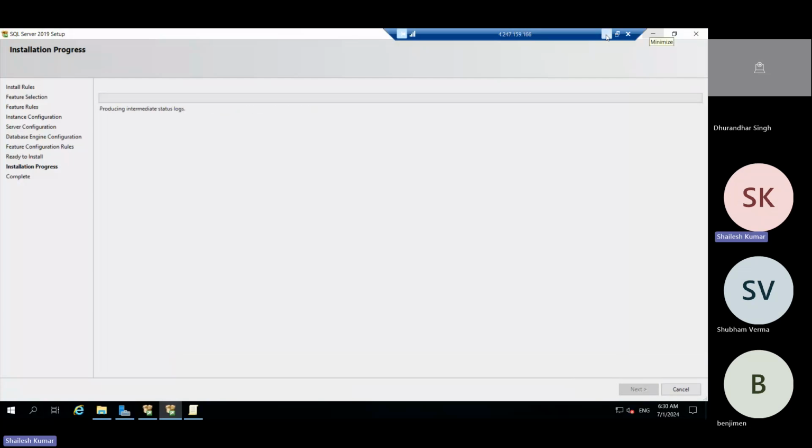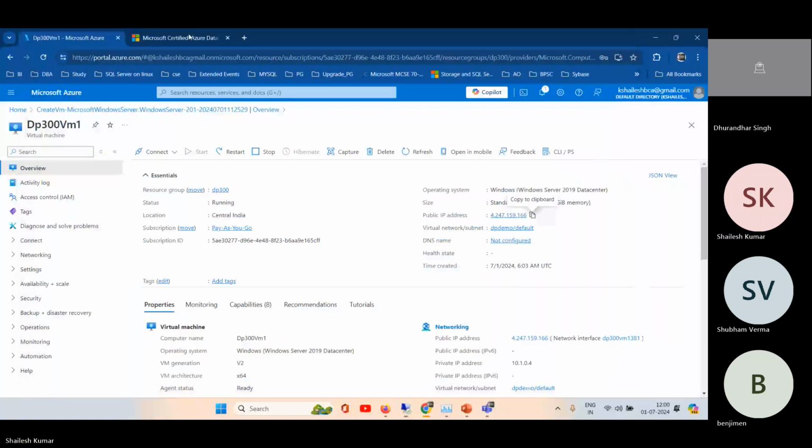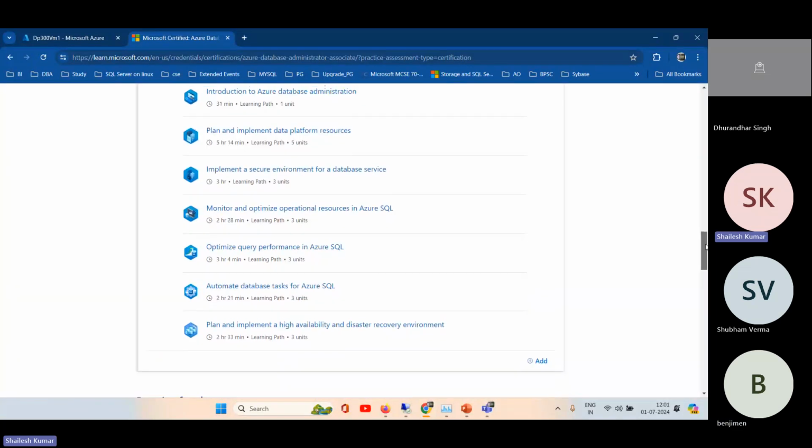Now for this plan implementation, data sources, we'll see later.